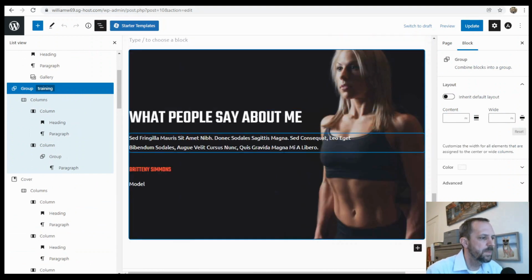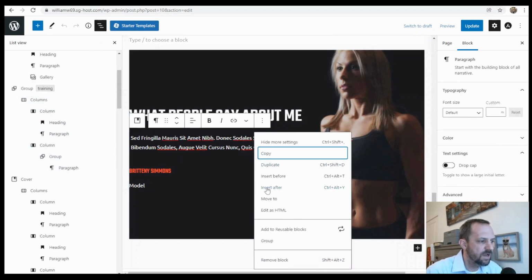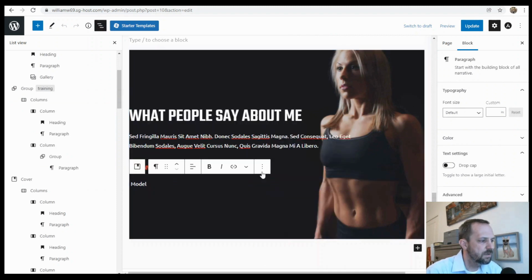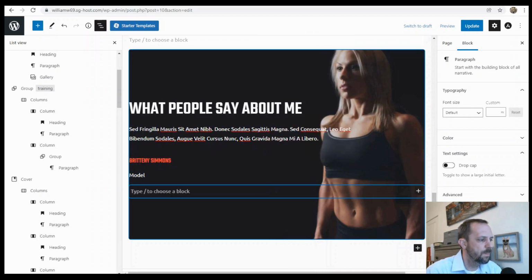Here. And I'm going to add a block to it by doing insert after or insert before. Say I did, and then the type of block that I want